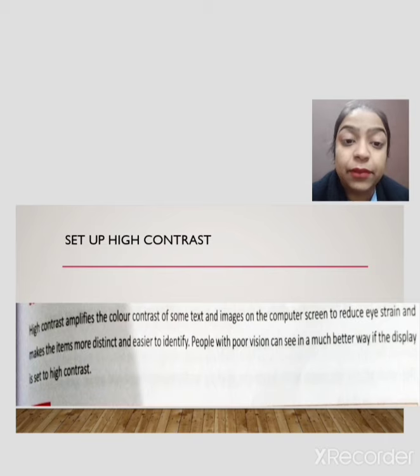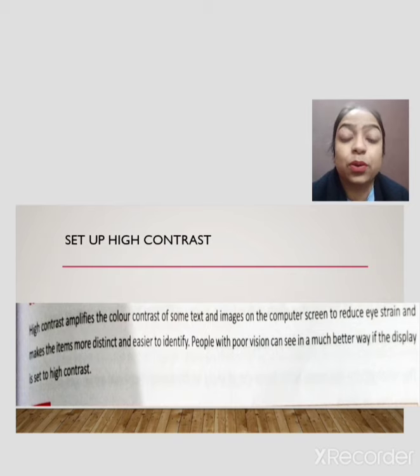For example, nowadays if you are using a mobile phone too much for attending your online classes, you see that there is an eye protection option. If you open it, it manages the color complexion of the screen. So that option is also available on your computer or laptop, that is setup high contrast.